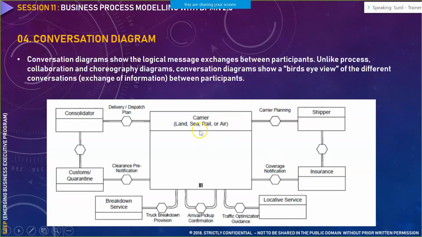Now, when you are shipping someone's goods by a particular mode of carrier like land, sea, rail, or air, you notify the shipper that this is how we are planning, and this is the estimated day when your shipment would reach you. Similarly for other parties as well. Whatever you are planning, you just mention it and you connect your system with those third party systems. So the conversation diagram is very beneficial wherein your system is interacting with multiple other third party systems. That is an ideal case for using a conversation diagram.